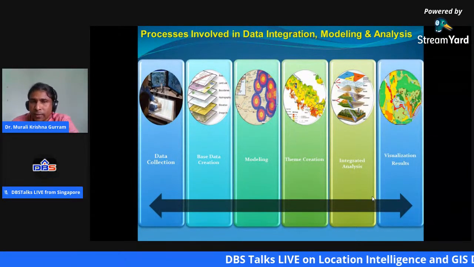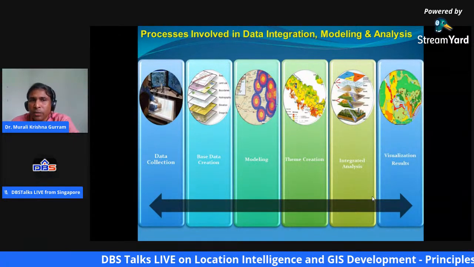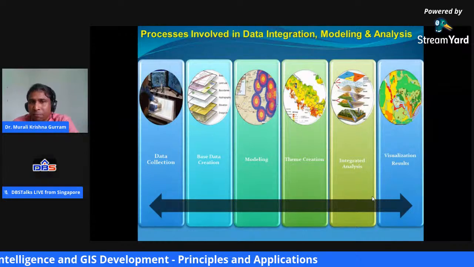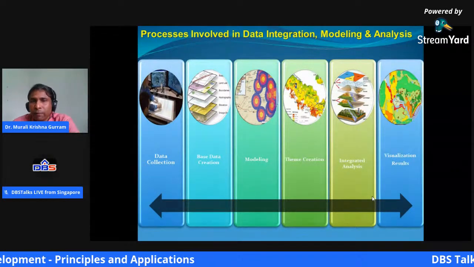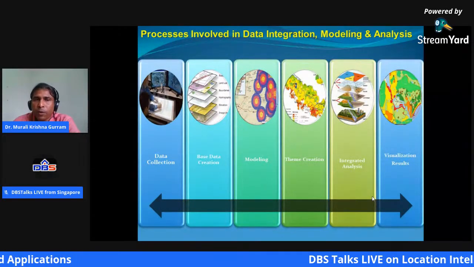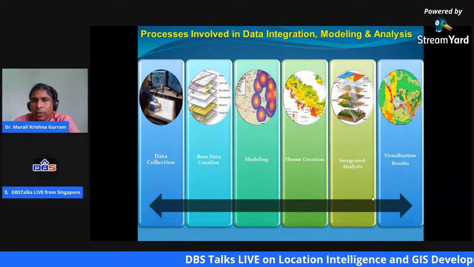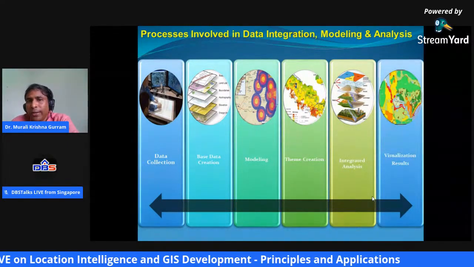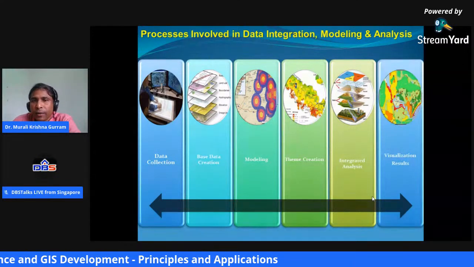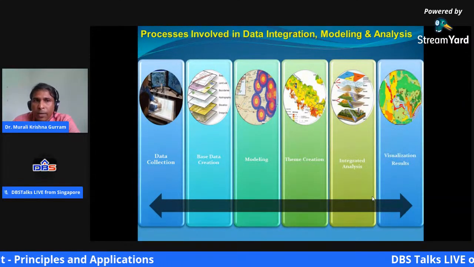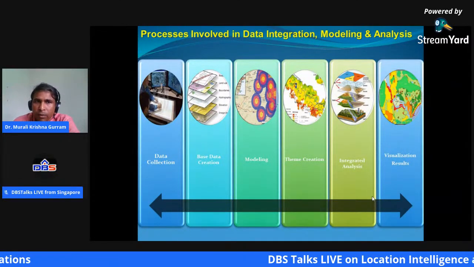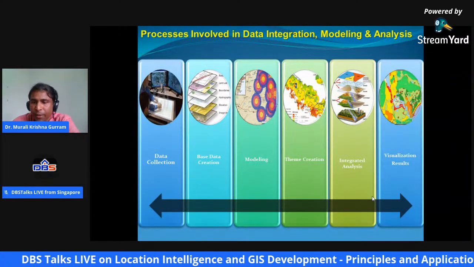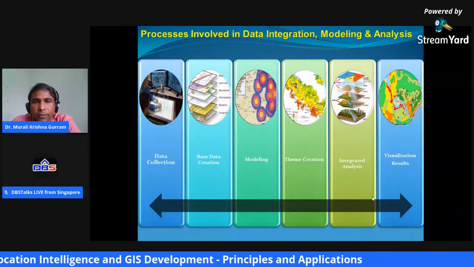Don't misunderstand that. Here we are talking about putting some information in a different perspective. That is what we call a theme. We are putting that in a specialized perspective, so that we refer to it as a theme. Maybe we need to integrate that with some other information layer, ultimately for better visualization and for getting better insights for informed decision making. So next slide, please.